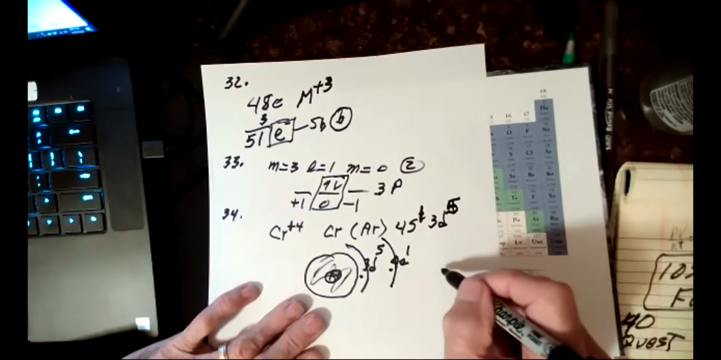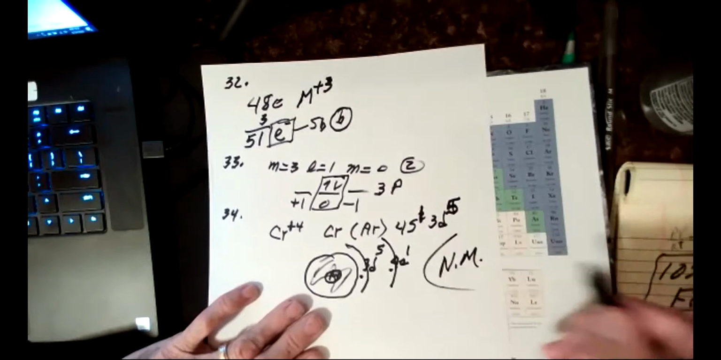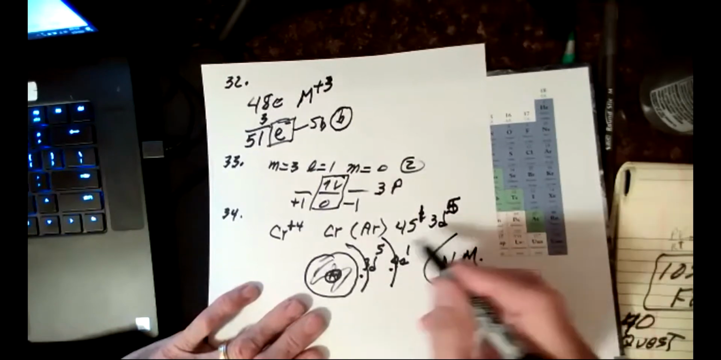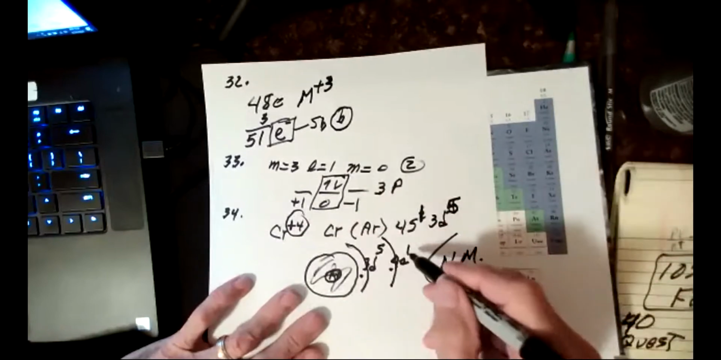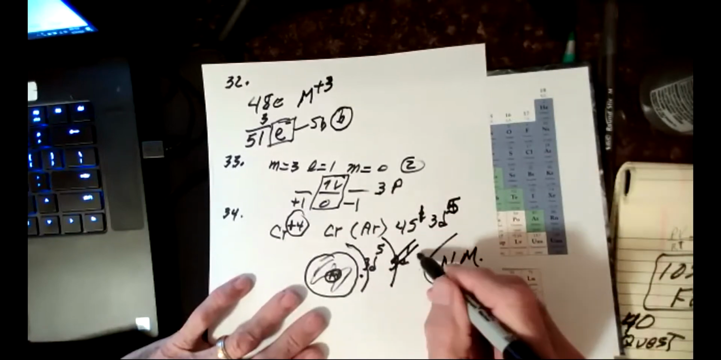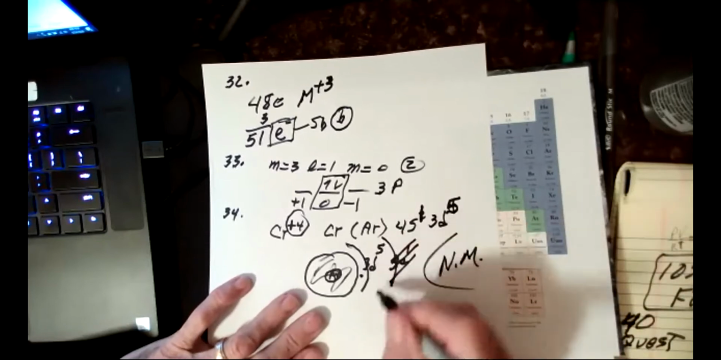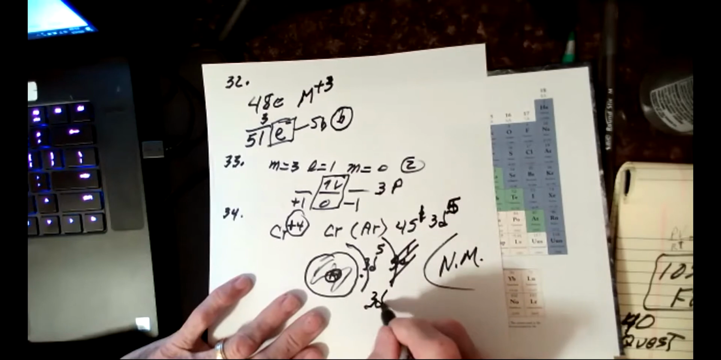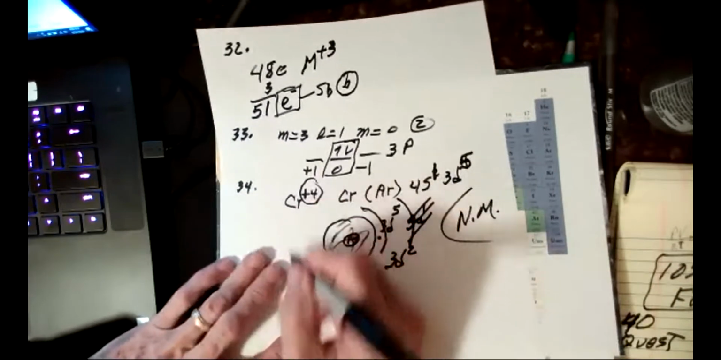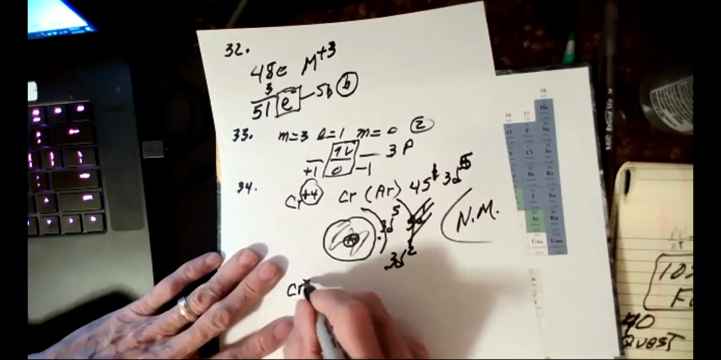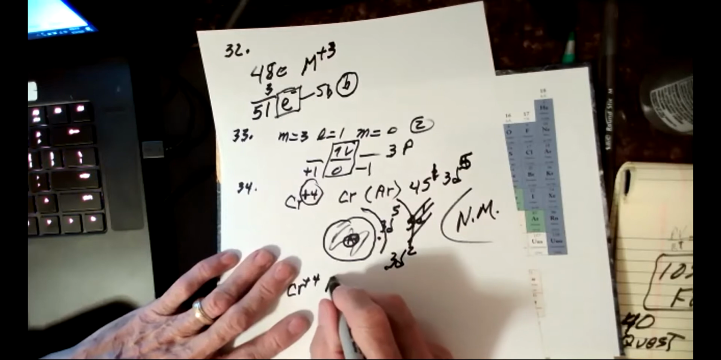So here comes some other nonmetal, and the nonmetal is going to come in and bump into that and take electrons off. In this case, we want to take off 4 electrons. So what is it going to do? It's going to get the 4s one first, and then it needs to take 3 more. So it's going to be a 3d2 left over. So chromium plus 4, its configuration is argon